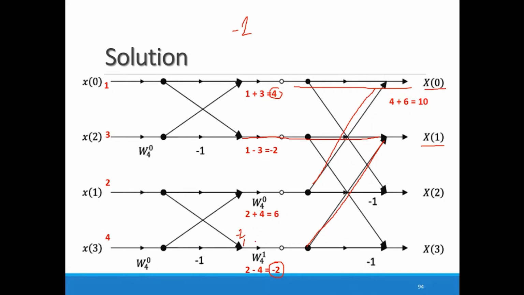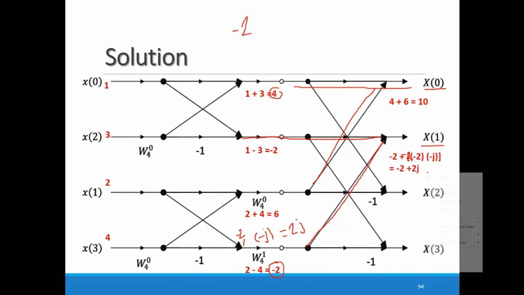After that we have to apply the twiddle factor omega 4 raised to 1 over here, which has value minus j. So if I multiply minus 2 into minus j, it will produce the 2j value over here. At this particular place, the first value is coming from minus 2 directly over here. Another value is the addition of this 2j. So what we are getting? Minus 2, and whatever I have written over here, that is minus 2 into minus j, that is 2j. So you are getting minus 2.